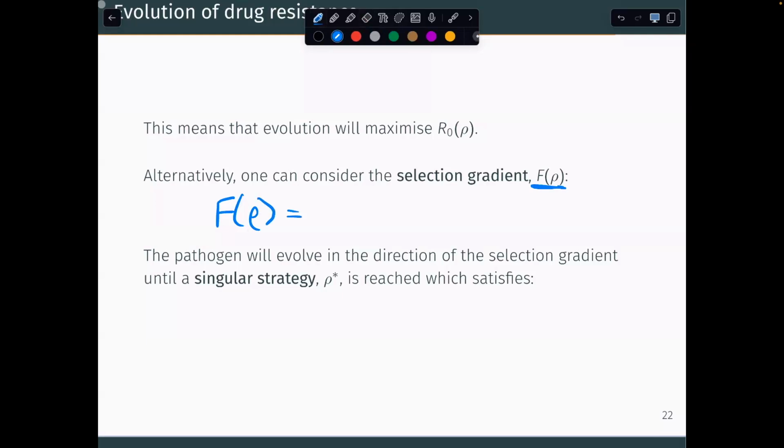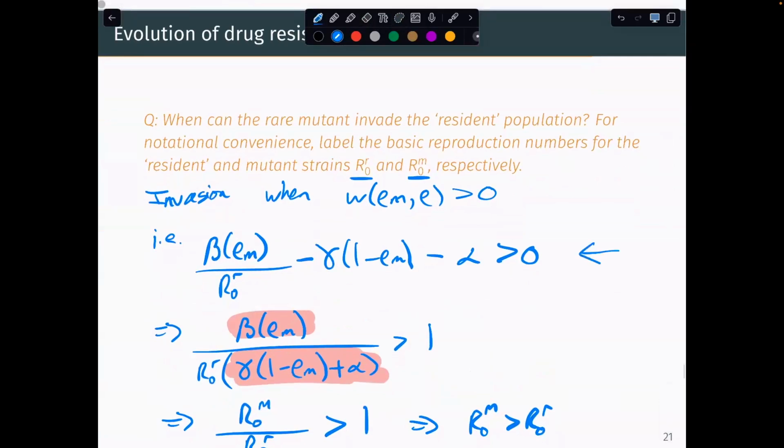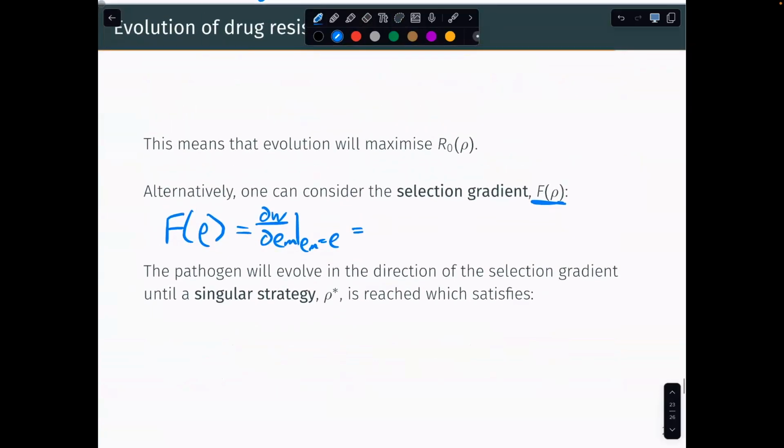Well, this is just our invasion fitness. Take its derivative with respect to rho M, and evaluate it at rho M equal to rho. We have our invasion fitness up here. If we take its derivative with respect to rho M, we get beta prime of rho M, and then evaluating at rho M equal to rho, we get beta prime of rho divided by R0 of rho